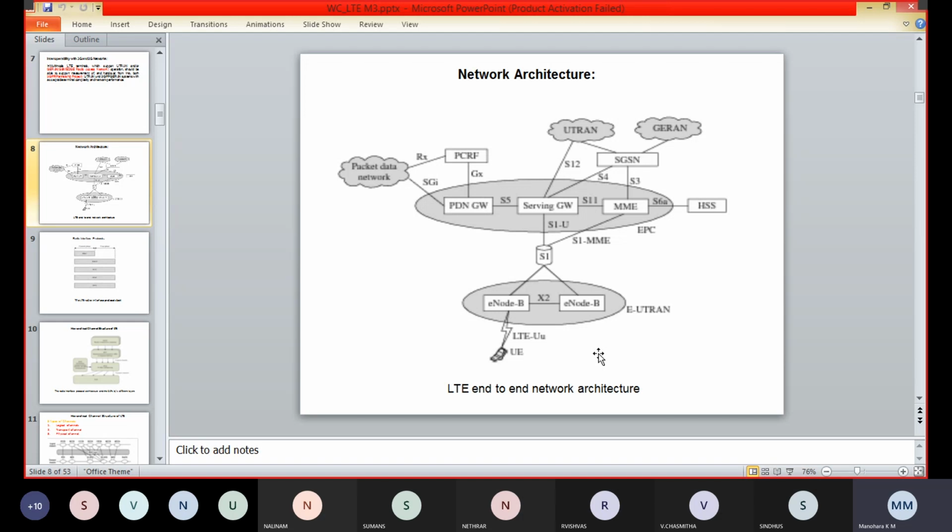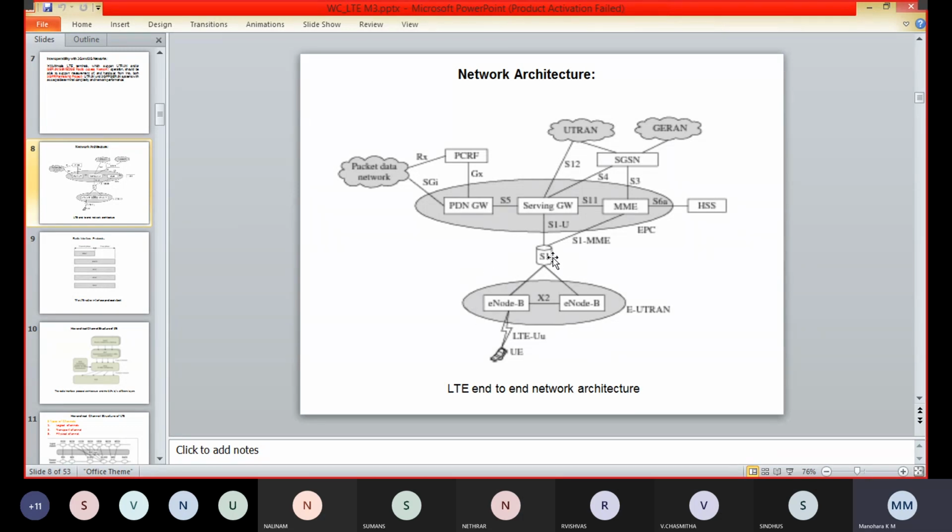The next component we have is the MME, the mobility management entity. The MME is similar in function to the control plane of the legacy serving GPRS support node, that is SGSN. It manages the mobility aspects in the 3GPP access, such as gateway selection and tracking area list management.